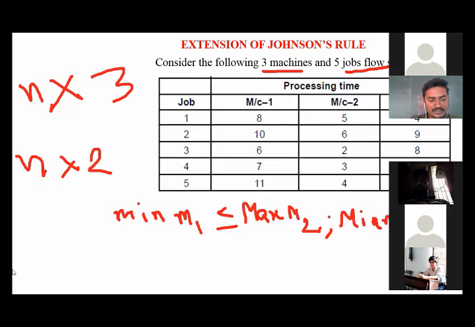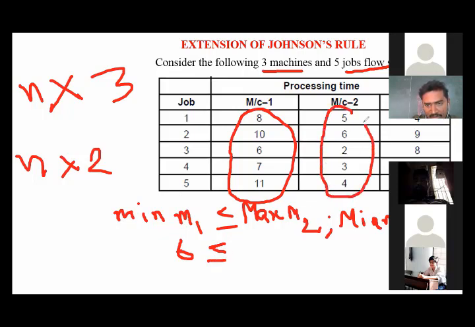These are our conditions. Here I would like to check the first condition. First, minimum of M1. From these values, which one is the minimum? The minimum value is 6. So 6 is less than or equal to maximum of M2. Here, which one is the maximum from this? The maximum value is 6. So the first condition is satisfied, so no need to go for the second condition. If it was not satisfied, we would go to the other condition. So the first condition itself is satisfied, so the conversion is acceptable.